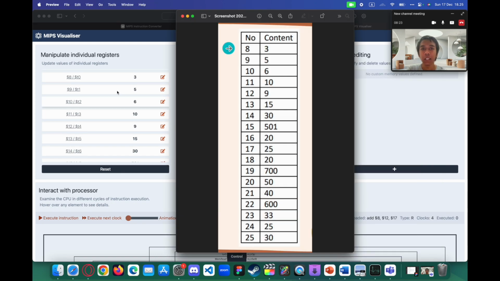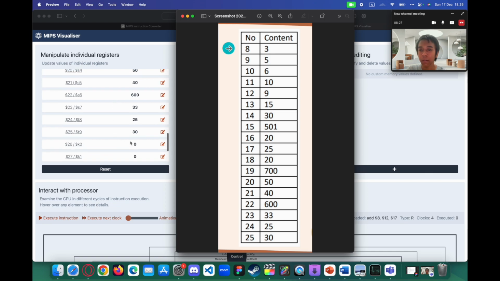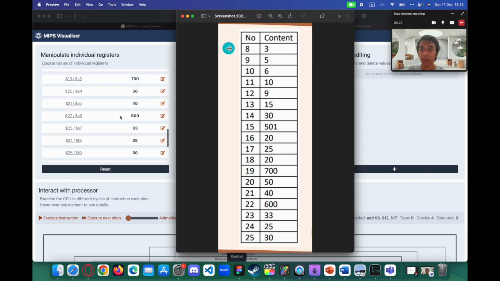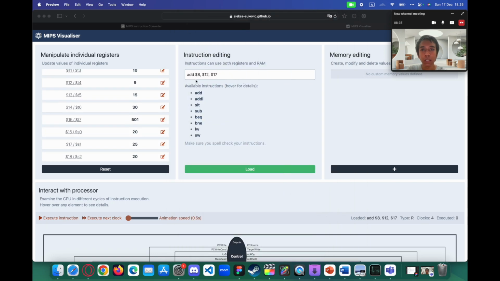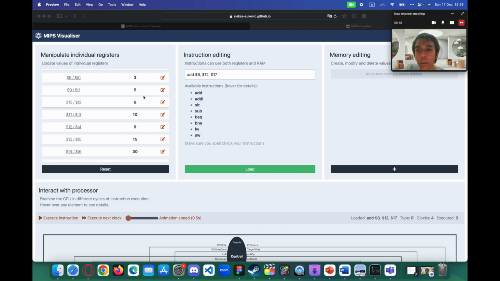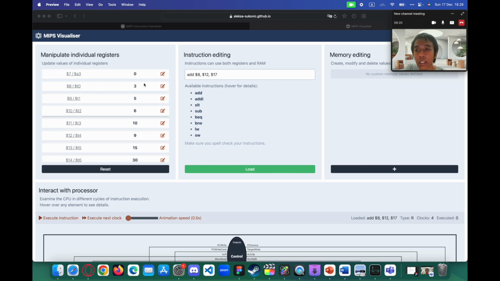So here is the initialization from address 8 to address 25. So it's done. Now what we need to do is execute this instruction, but before that I need to make sure what is in each address.